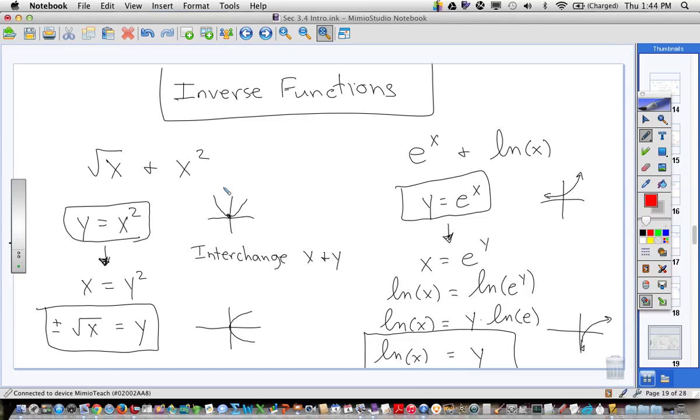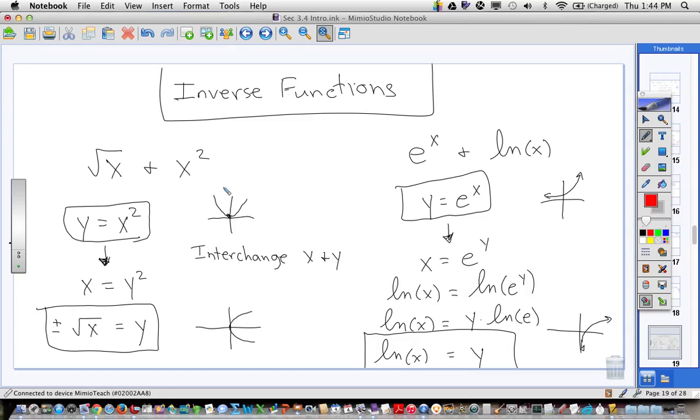Short term, gateway test next week, all you really need to know is the rule we come up with at the end. Okay? For the long term, we need to review some things about inverse functions. All right. So I've put two different types of inverse functions up here that are pretty famous ones: x squared,